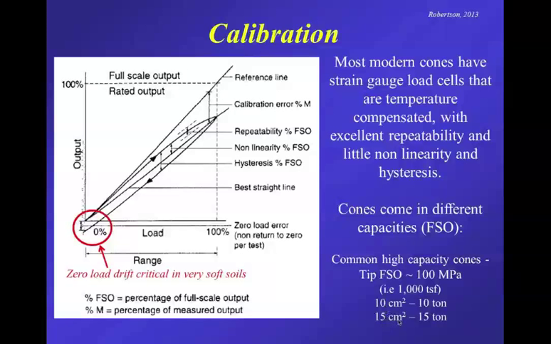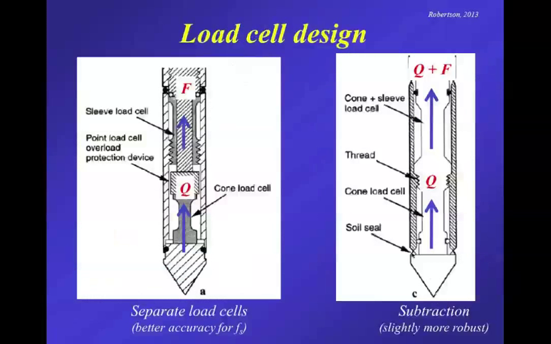So for a 15 square centimeter cone designed to go to 100 megapascals, it's a 15-ton cone, whereas for the same full-scale output, a 10 square centimeter cone is a 10-ton cone. So I prefer not to quote in 10 or 15 or even 20-ton cones. It's better to give them full-scale output in terms of their stress. And so load cell design,